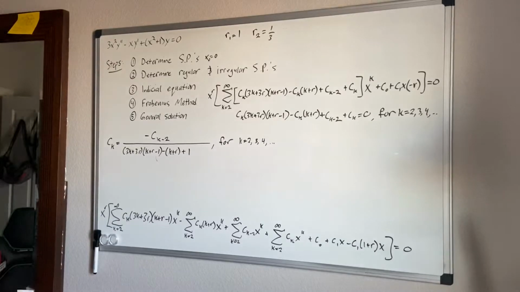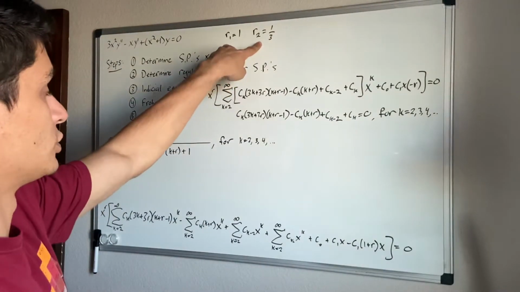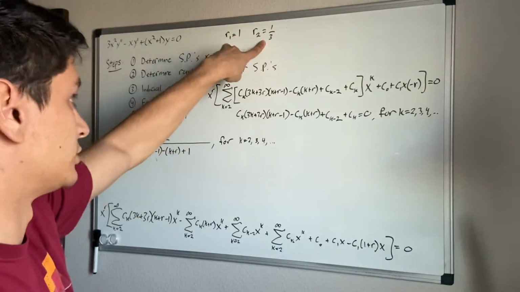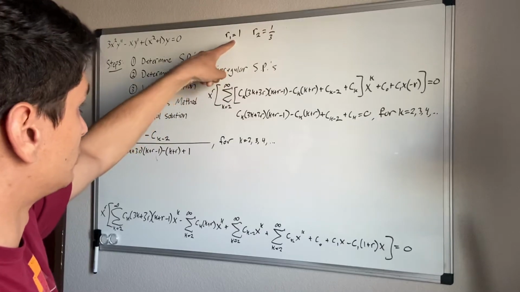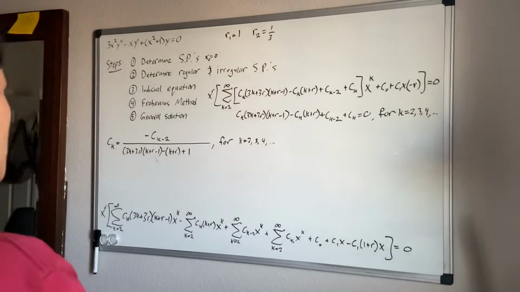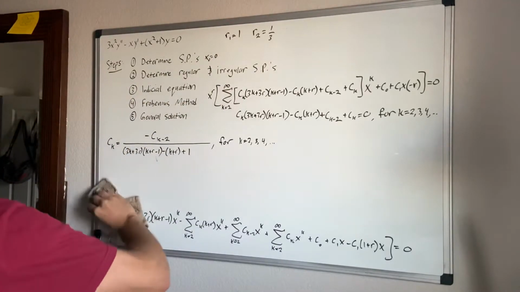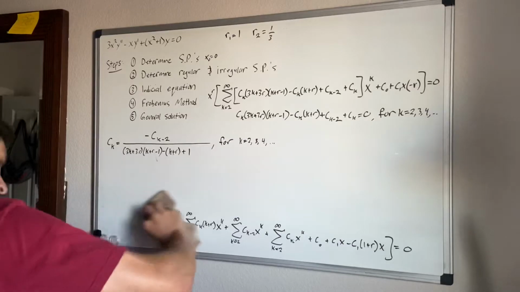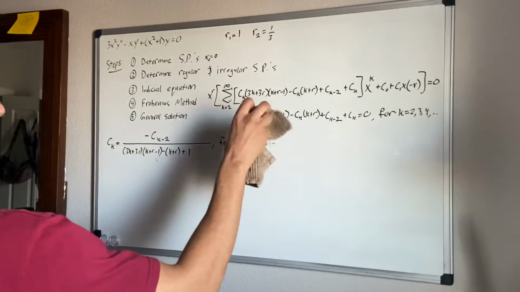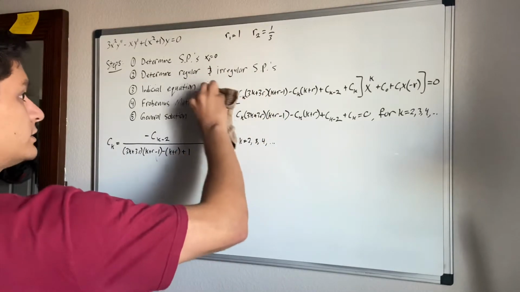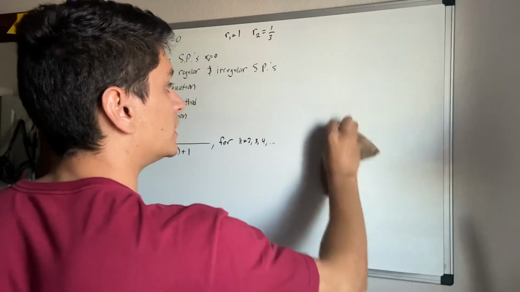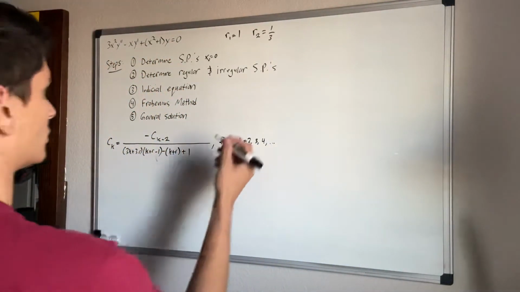So now we have two roots. So we're going to have two different sets of infinite series. The first one is going to belong to root 1, and the second one is going to belong to root 1/3. So let's say that we're going to erase this. We're going to erase this. And then we're going to write